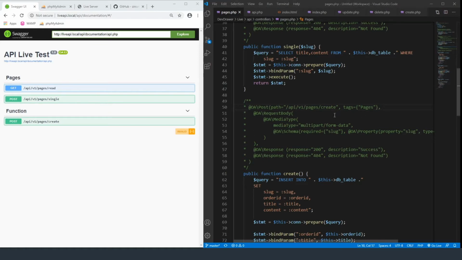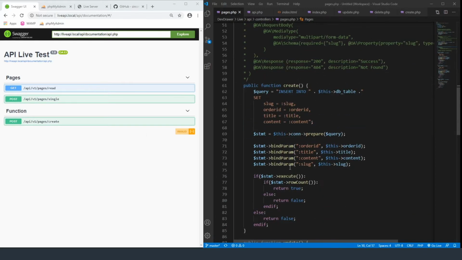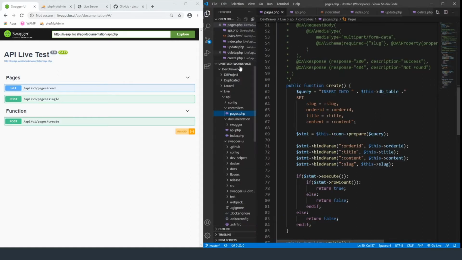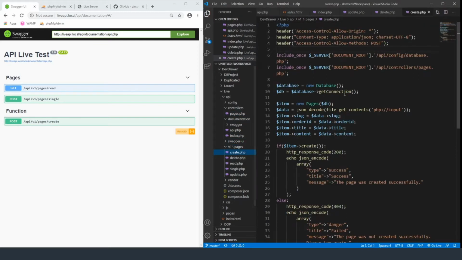And then this time, if you look at the code, where'd it go? Here. If you look at the code, we are sending over v1 and the create. We're sending over a JSON decode, meaning that we're sending over a JSON string to it. It's not a form that's being sent over like the read is. It's just a JSON string that's being sent over that has all this information in it. So let's go back